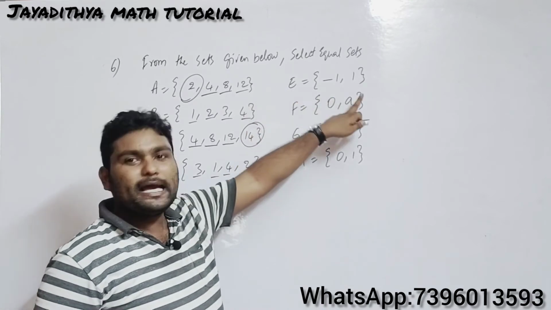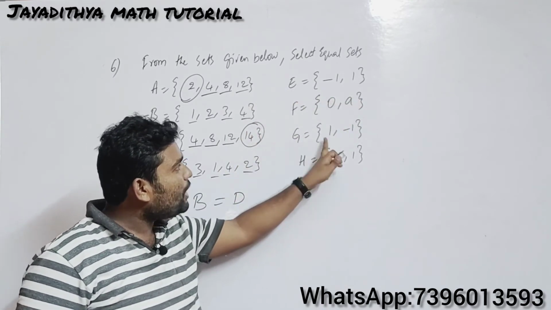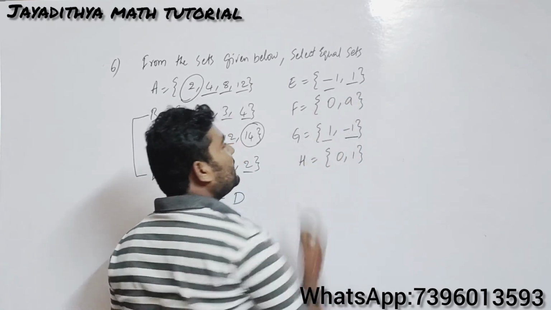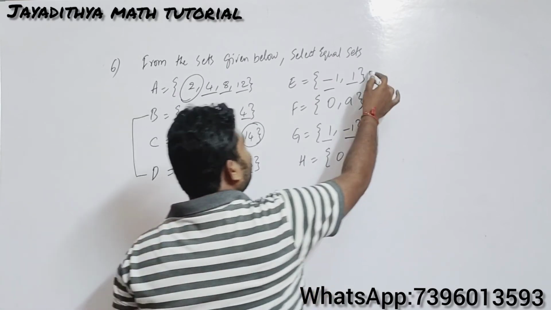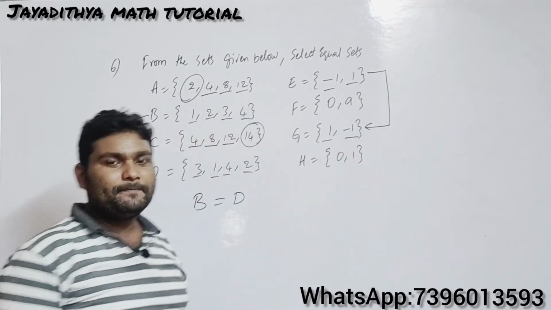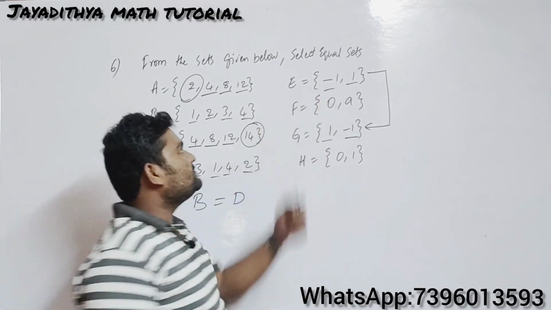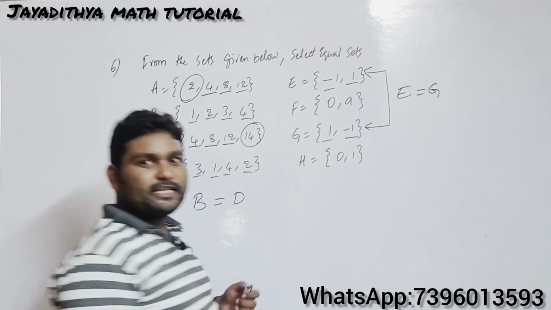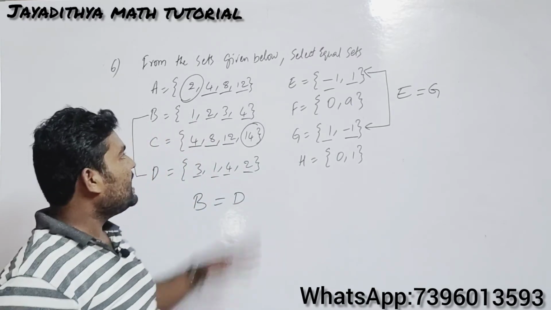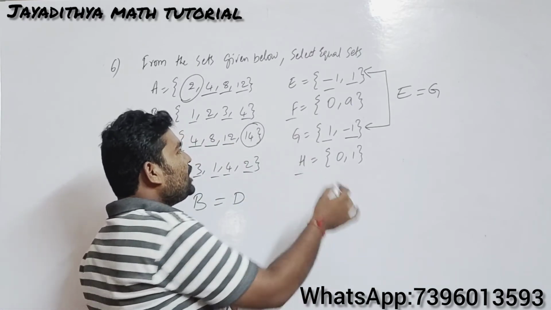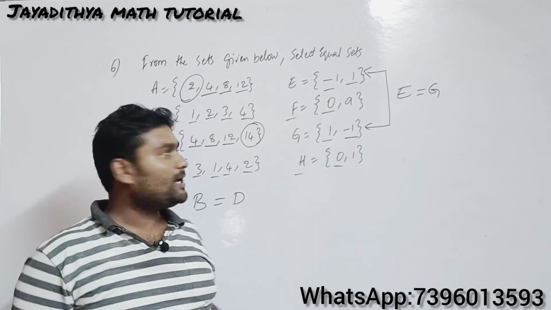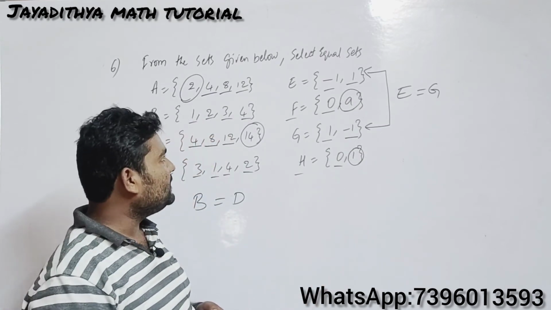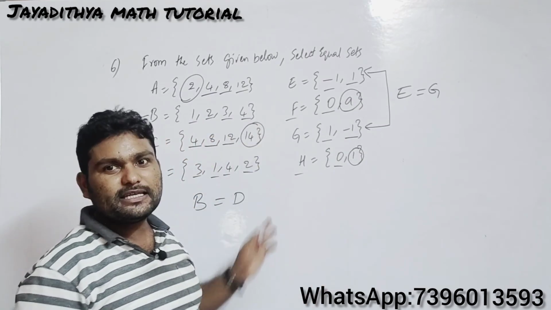So in E you have minus 1 and plus 1, and in G you have plus 1 and minus 1. So see here now, elements are same, 1 and 1, minus 1 and minus 1. So each and every element of set E is present in G, and each and every element of G is present in set E. Therefore you can say that E is equal to G, Nana. E and G are equal sets. And let us compare F and H. Here you have only one element same, Nana, but here you have A and here you have 1. Both are not same here. Therefore, you cannot say that F is equal to H.